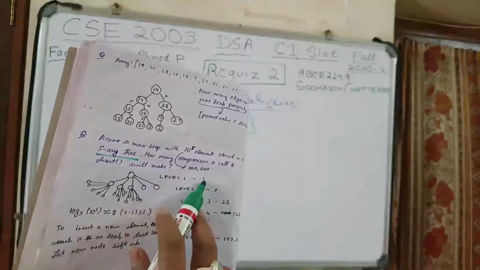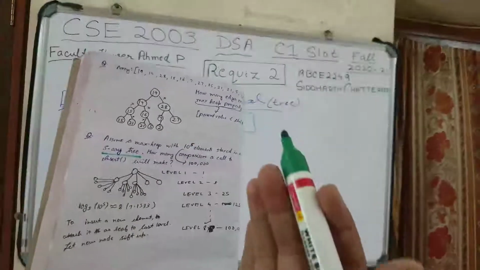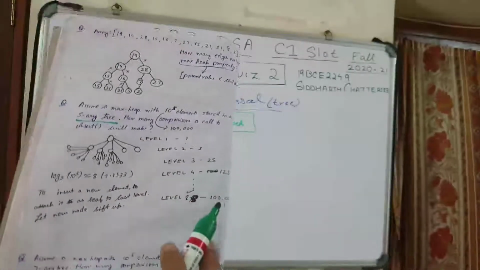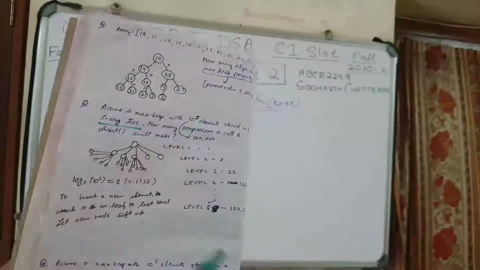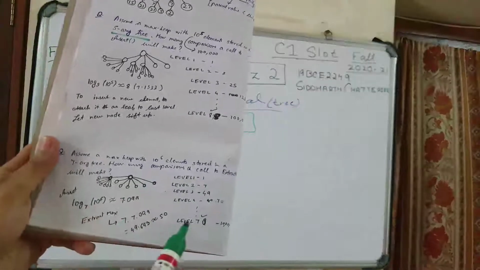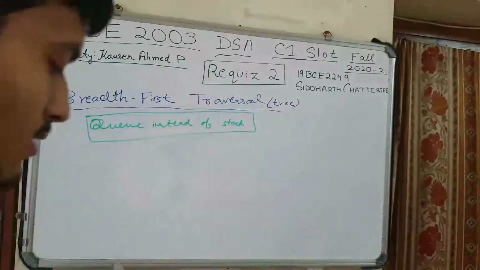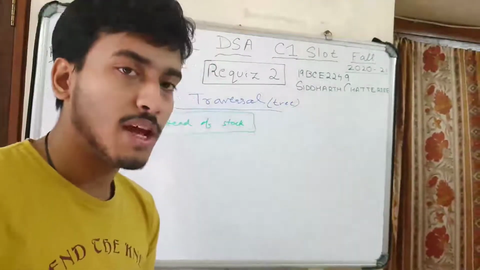So in level 1 you need to make 1, in level 2 you need to make 5 comparisons, in level 3 you need to make 5 fives, which is 25 comparisons, 25 fives are 125. So in level 8 you need to make 100,000. So 10 to the power 5 is 100,000, makes sense. This is how we do it. Similarly, again we have to do max heap comparison. For this we have to take the log. That's it. And there were some more topics to discuss, but there's not much time.